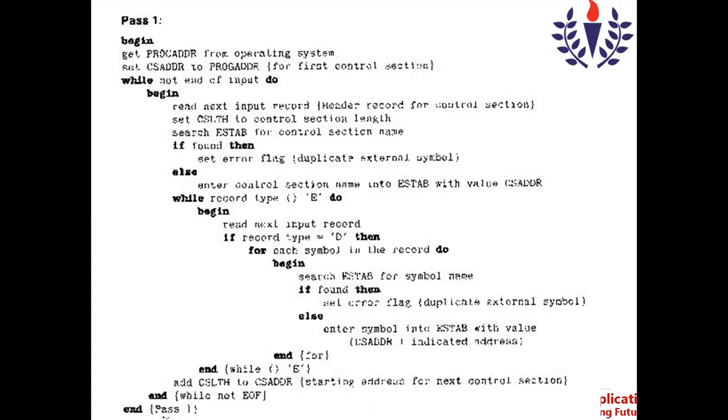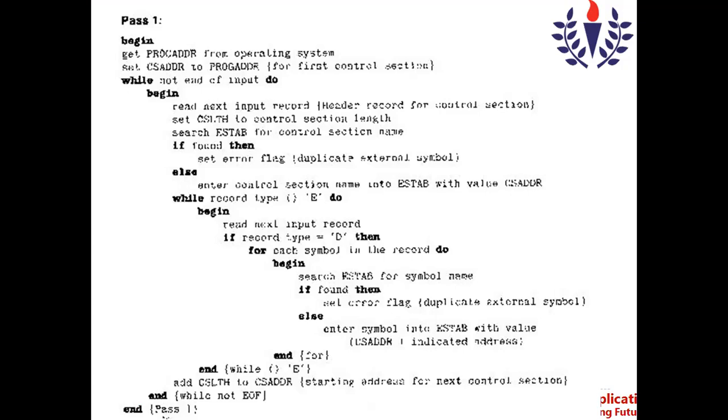What the linking loader does is, it begins by searching the ESTAB for the symbol name, just as it did for the control section name. The same process happens for the symbol also. Now search the ESTAB for the symbol name.